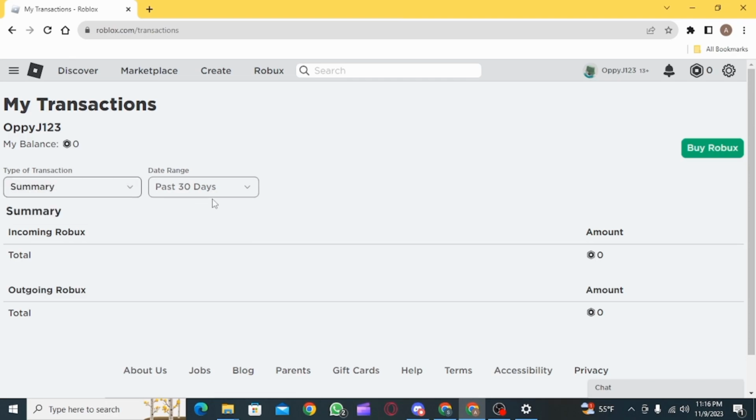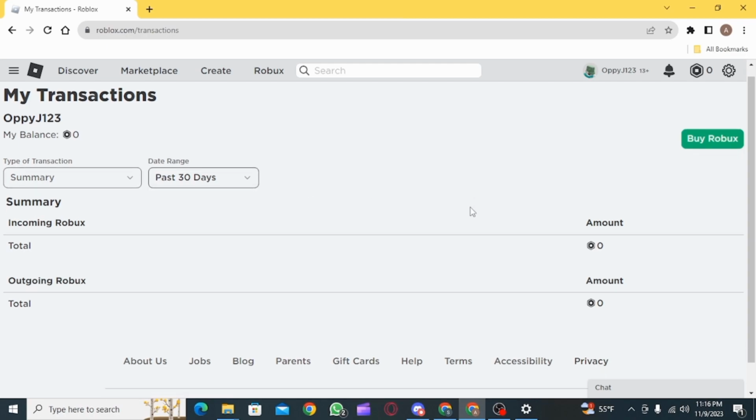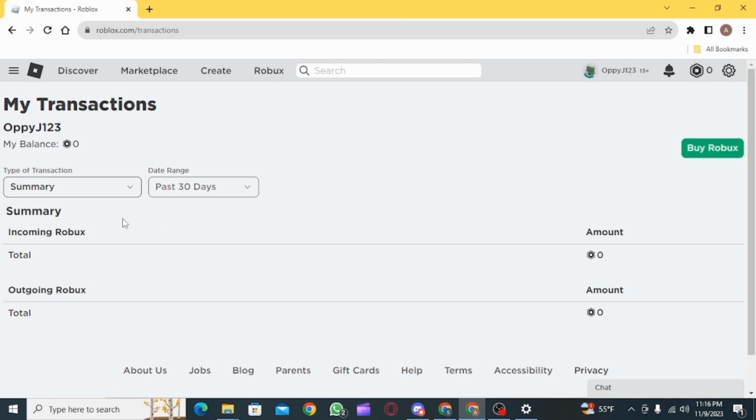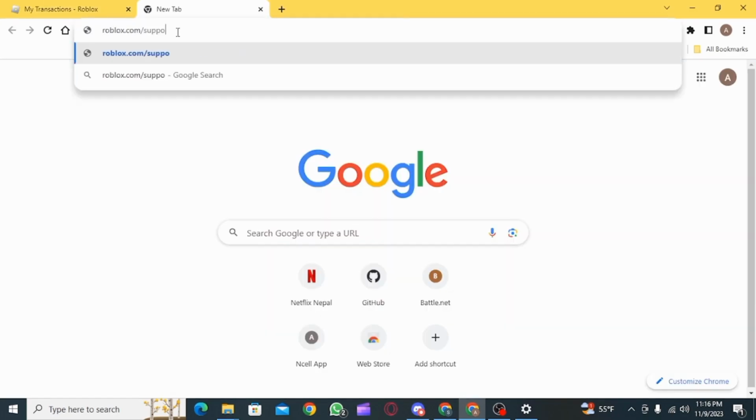If there are any items, such as Game Pass or any other items of clothing or accessories, that you want to refund because it is no longer of use to you or you have mistakenly bought it, then in this video I'm going to show you how you can do that. First, you want to open a new tab and go to